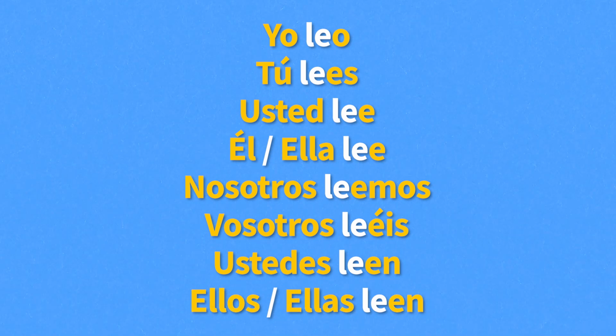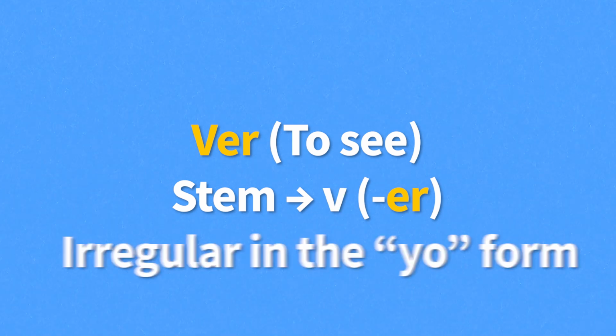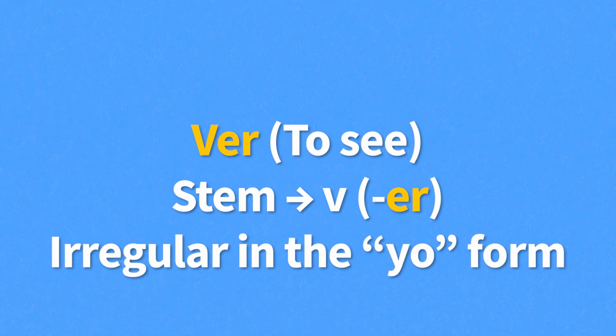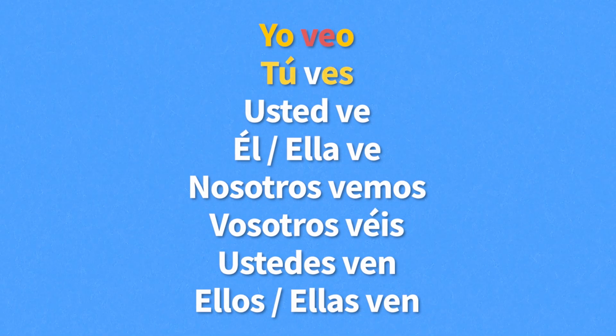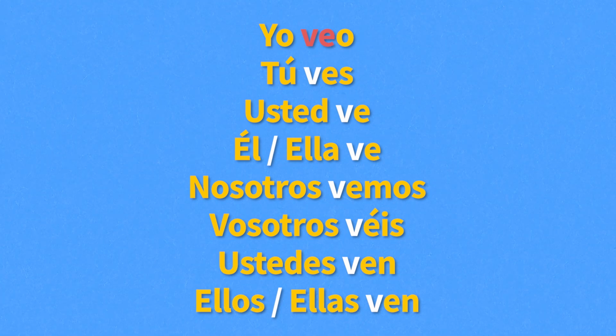ellas leen. We also have the verb ver, meaning to see. Ver is a slightly irregular verb since you keep the E for the yo conjugation. Let's check it out. Yo veo, tú ves, usted ve, él, ella ve, nosotros vemos, vosotros veis, ustedes ven, ellos,